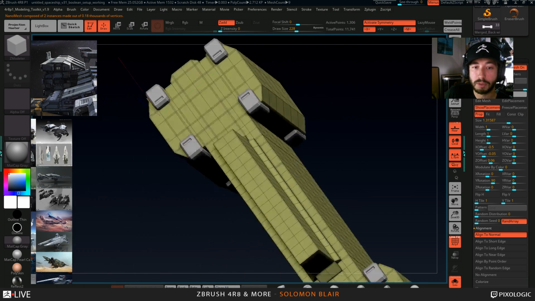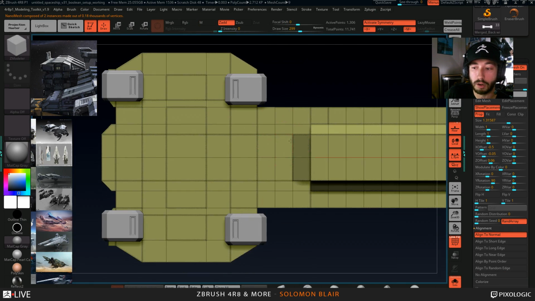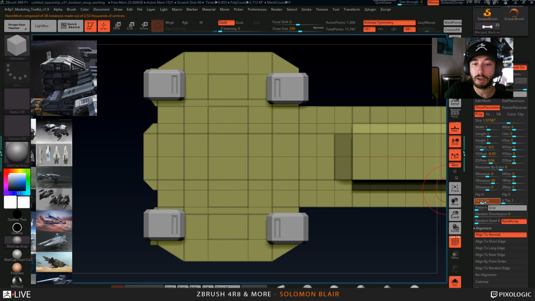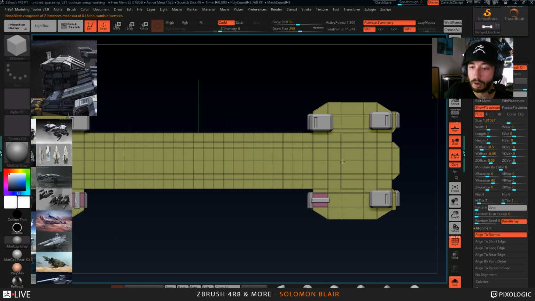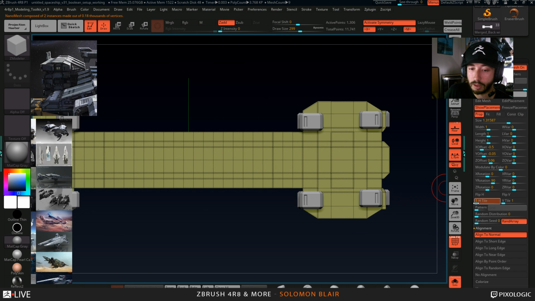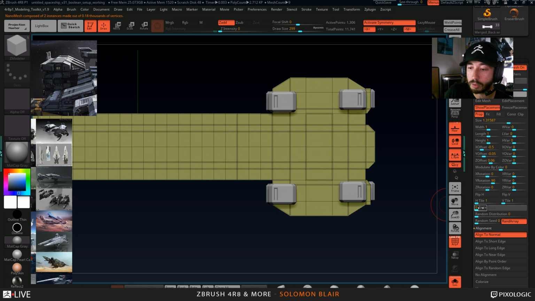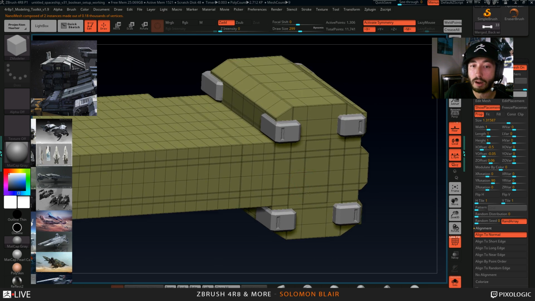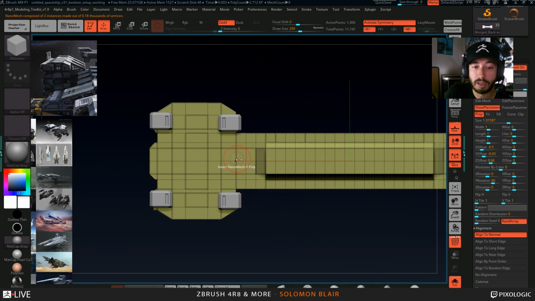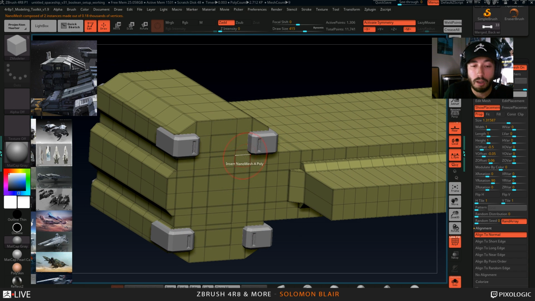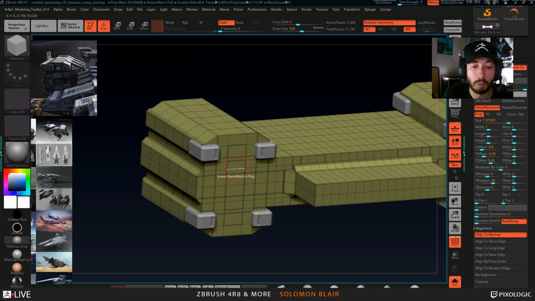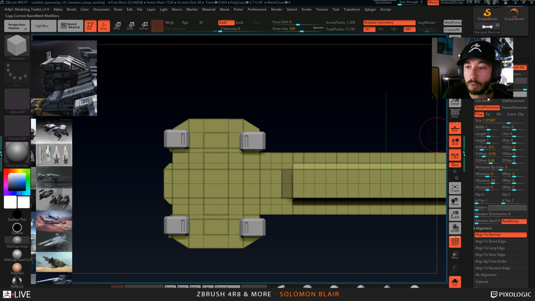All right, so I got some stuff working here, and what's really cool is we can now go in and play around with the tiling of certain things. So if I go to the backside, you can get different tiling effects or repeating of some of these things. We can play around with patterns. But for now, the reason why I like this is because I'm just starting to add some of these things, but I might not be married to this piece. I might want to change it or make it work with some of the other pieces that I add. So what's so awesome about this is using Nanomesh in this way,